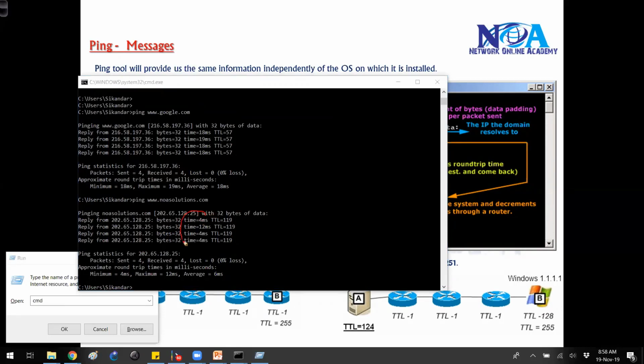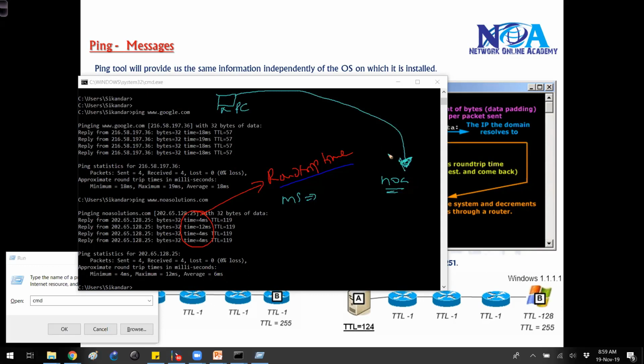And there is one more option. There is something called time here. This is actually what we call the round trip time. Round trip time is the duration, in milliseconds, for your packet to go from a starting point, which is my PC, to reach, let's say, the Envoy website, which is the destination, and then come back again to the starting point.